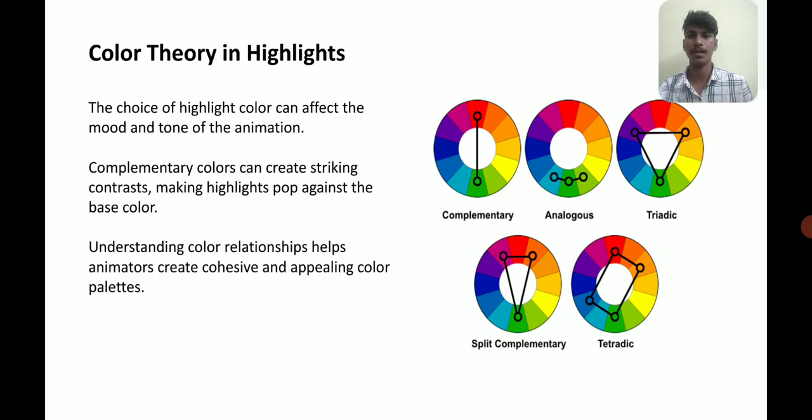Color theory in highlights. The choice of highlight color can affect the mood and tone of the animation. Complementary colors can create striking contrasts, making highlights pop against the base color. Understanding color relationships helps animators create cohesive and appealing color palettes, which means color theory in highlights plays a very important role. The choice of highlight color can affect the mood of the animated characters,